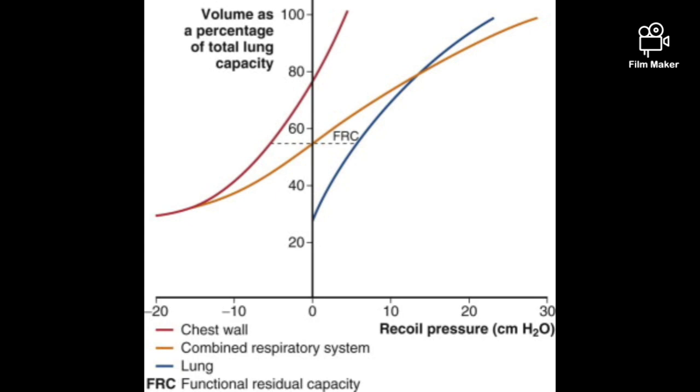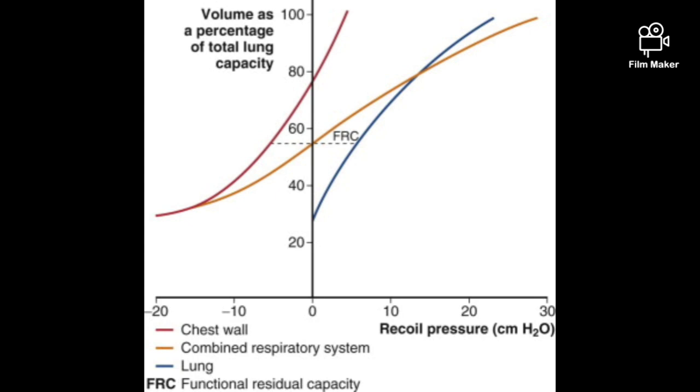The thoracic cage has the tendency to expand, and the lung wall has the tendency to recoil back. So they are creating an opposing force at that particular junction, and this is contributing to the factors of compliance of the entire respiratory system, or pulmonary compliance. This, in clinical medicine,